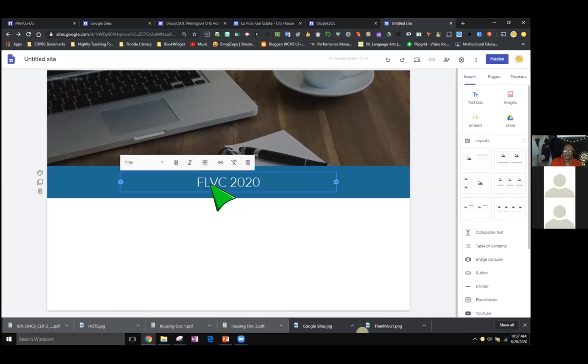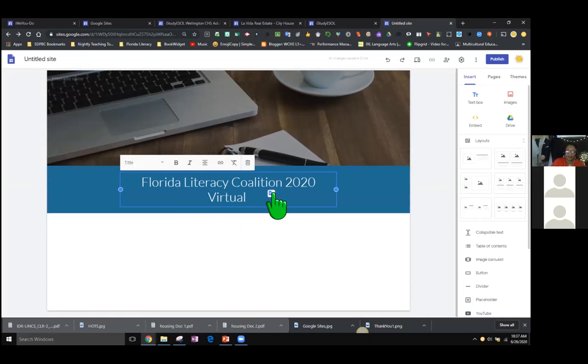I'm looking at this and I'm thinking, you know what? I'm not liking that. I want to put Florida literacy. I want to spell it out.